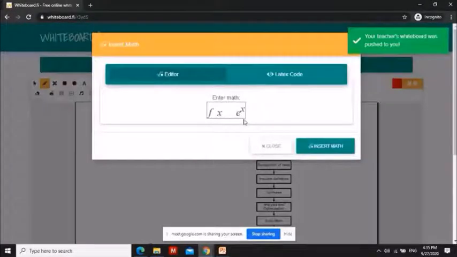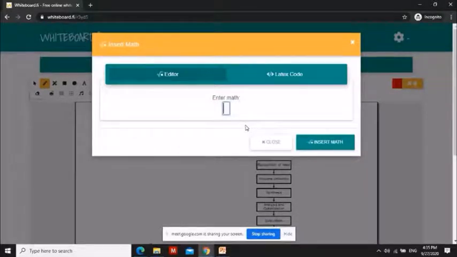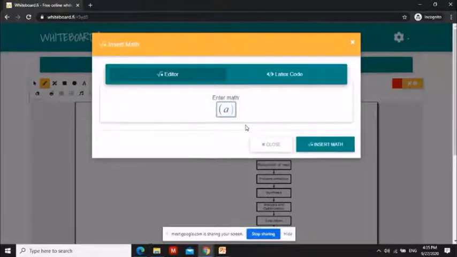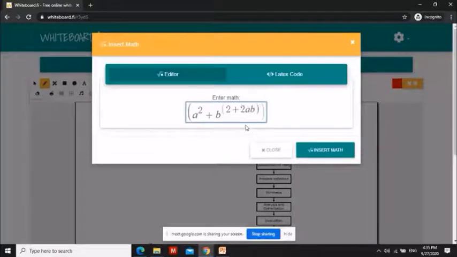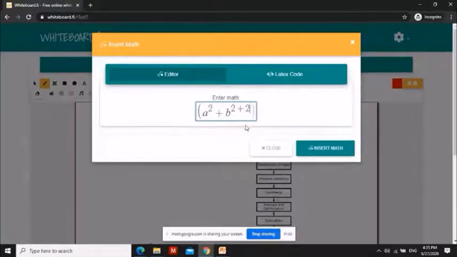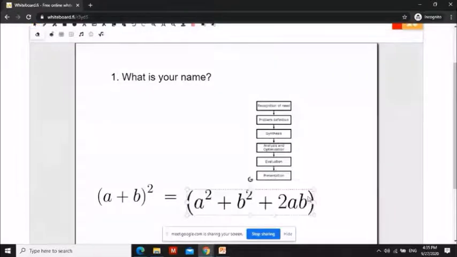So again, I can go for this equation and I can say some answers. Just for practice, don't look for the correct answers. X square plus b square plus 2ab. So I can, okay, sorry, square plus b. So like that, you can answer the question and you can answer here.